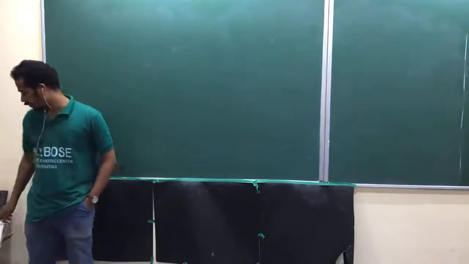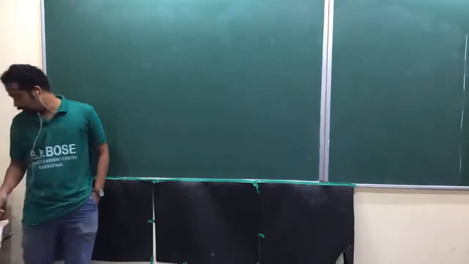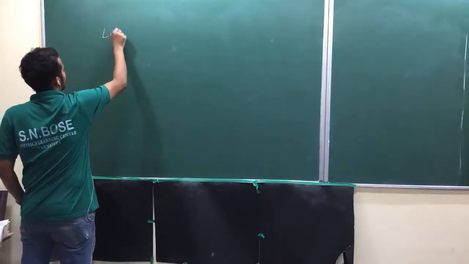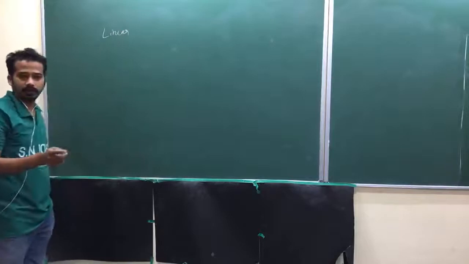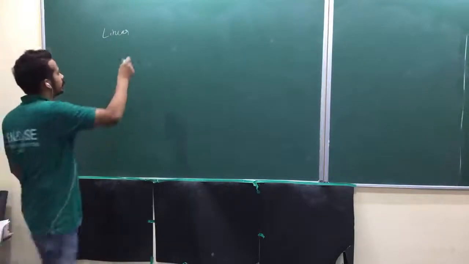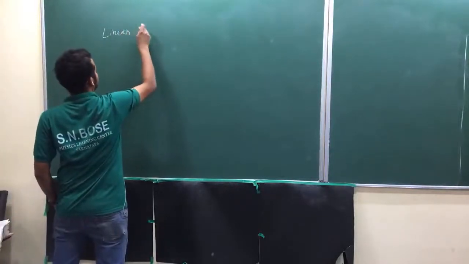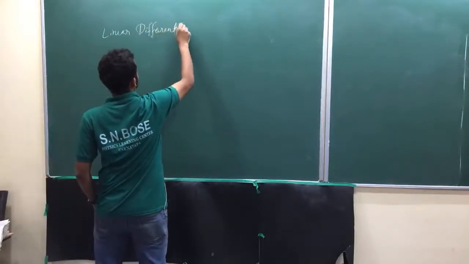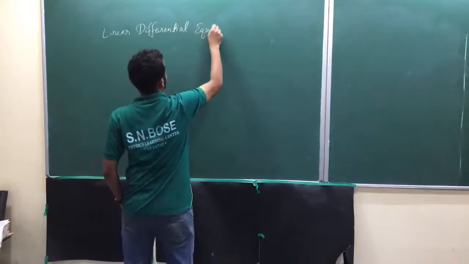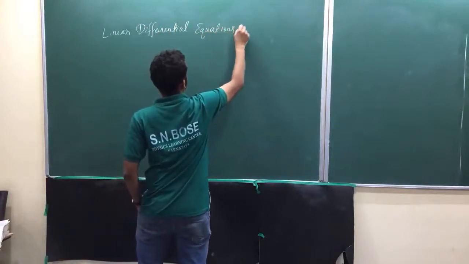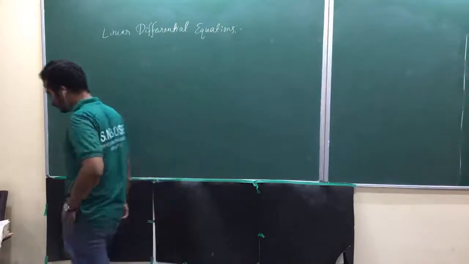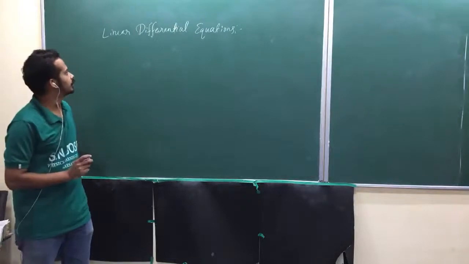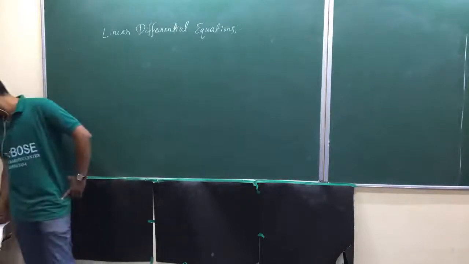Now I will get into second order. Okay, so it is chapter 13, linear differential equations. Linear, not linear first order differential equation, that is one part. Linear differential equation. Actually that is called linear equations, am I right? Linear first order equation is called a linear equation. Let's see, this is a linear differential equation.